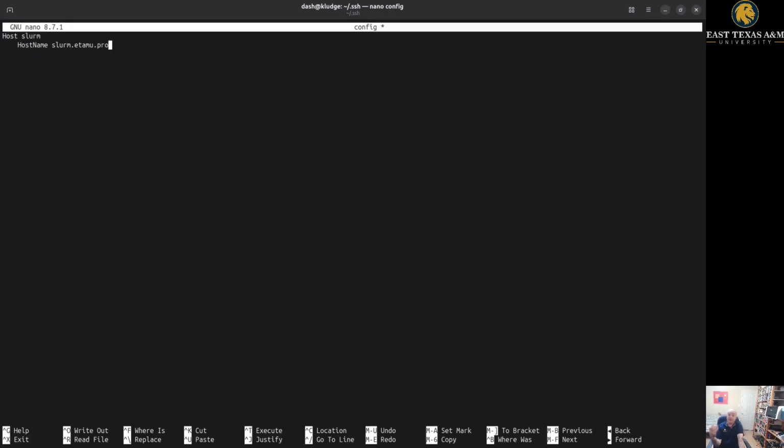So the actual host name is slurm.etamu.pro. We're using a non-standard port, so if you want to go to somewhere other than the standard secure shell port, you have to specify the port number in the config file. The username we're going to connect with,